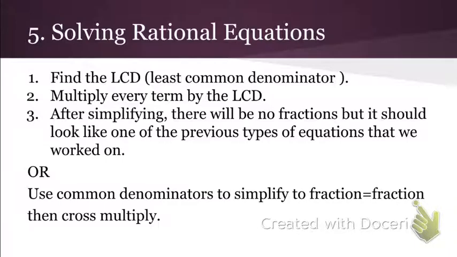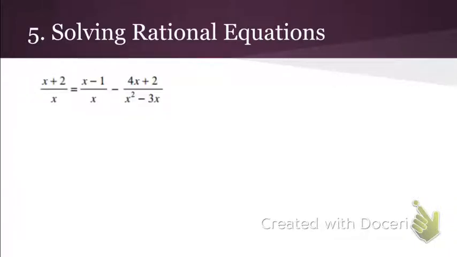So both work. Certain times it's easier to do one thing versus the other. I like to multiply everything by the LCD. Seems like it'll work here. So the LCD is going to be x times x minus 3, because that's this denominator factored, and x comes up there and there. So if we multiply each term by that,